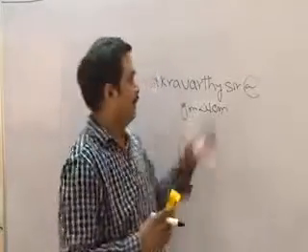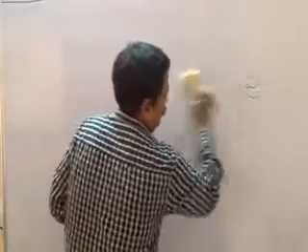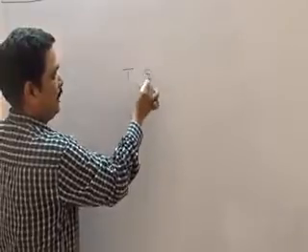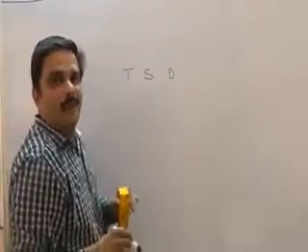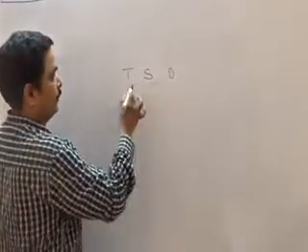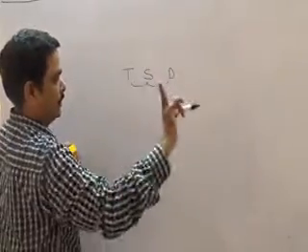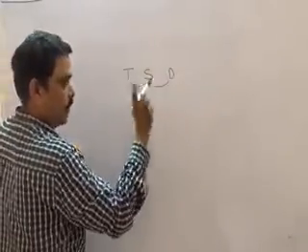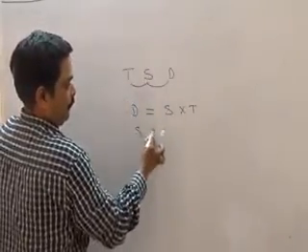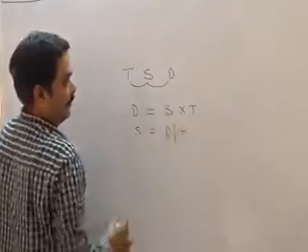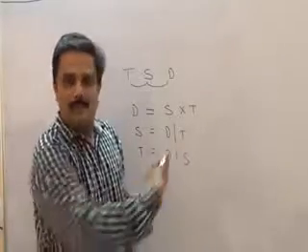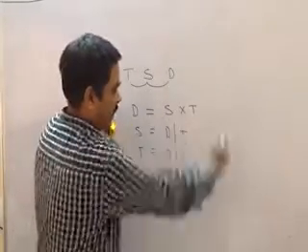Alright, now, anyway, come back to this class. In this class, I'm going to discuss the time and distance chapter for you. Actually, this is time, speed and distance. Now, before going further, let us have a clear understanding of this. First, let us take the relationship among these three. The relationship is distance is equal to, as all of us know, speed into time. Then speed is equal to distance by time. Then time is equal to distance by speed. These are basic formulae. All the questions are based on these three only.